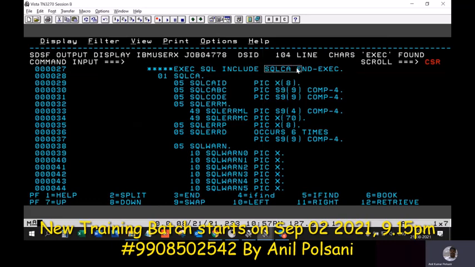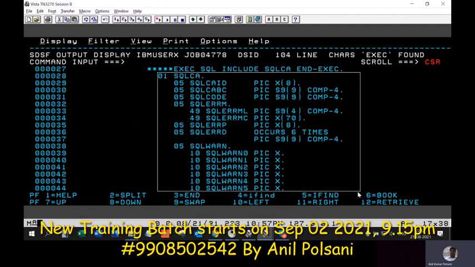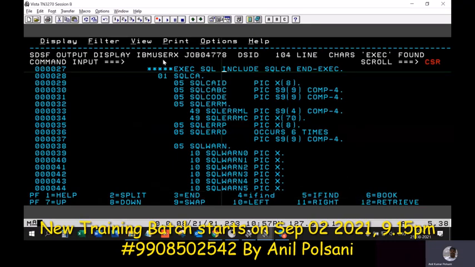Now, instead of the copybook in the include statement, that will be coded into your program directly. So if the copybook is in the program, what is the purpose of this line? No use, right? So that's what we replaced with a comment line. Now in this one, we are using a variable called SQLCODE, which contains the status of the query execution.